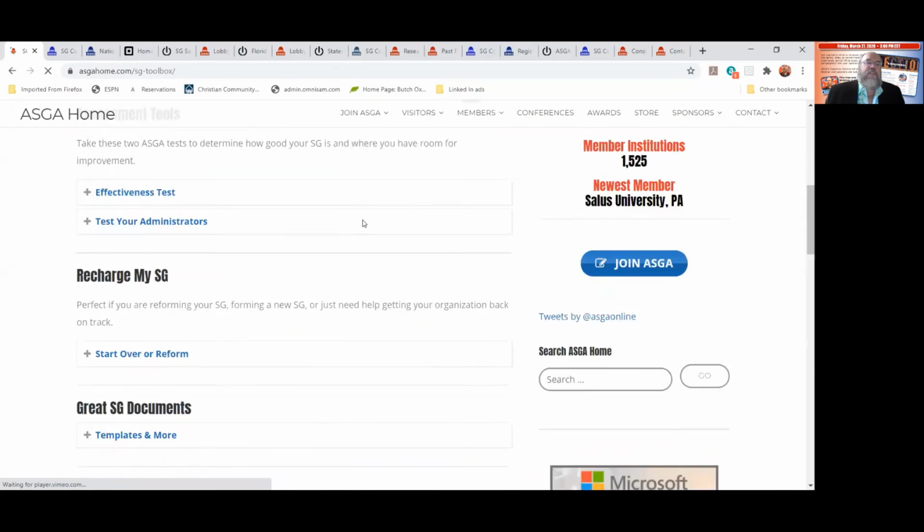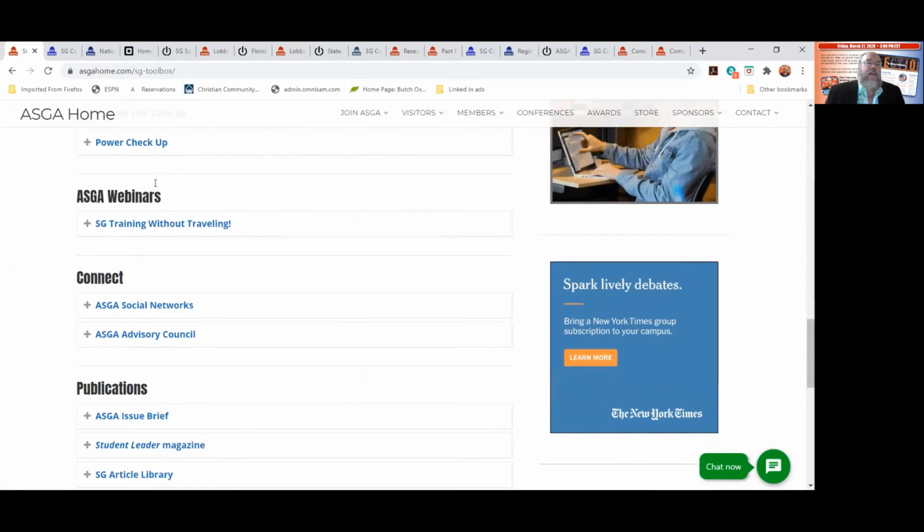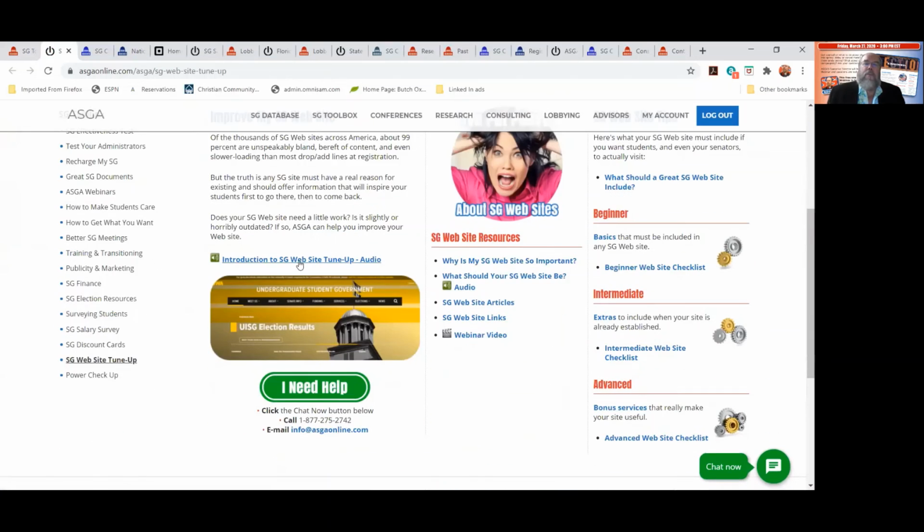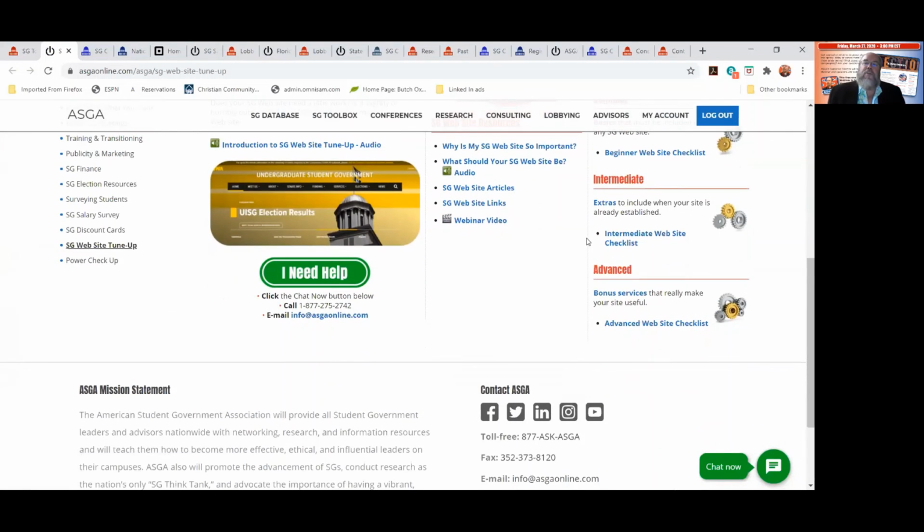toolbox, and this gives us, here it is right here, the website tune-up. And this will tell you all about how to get this. What do you need to include? And it's not hard. Again, this could be something we talk about privately too. How do you set up a website? You have to get your college to approve it. You have to use branding, certain logos and colors. You have to have that